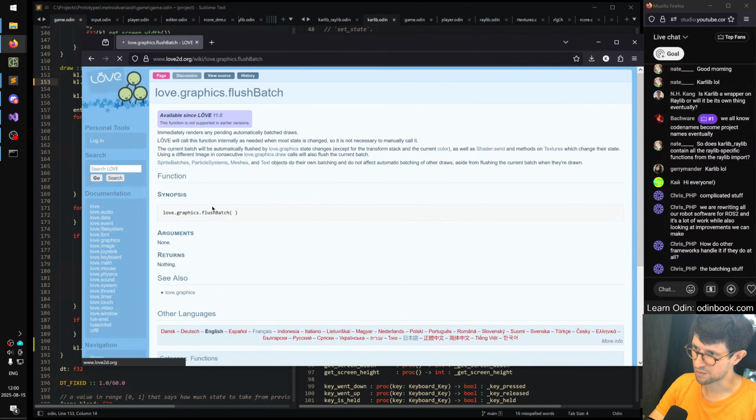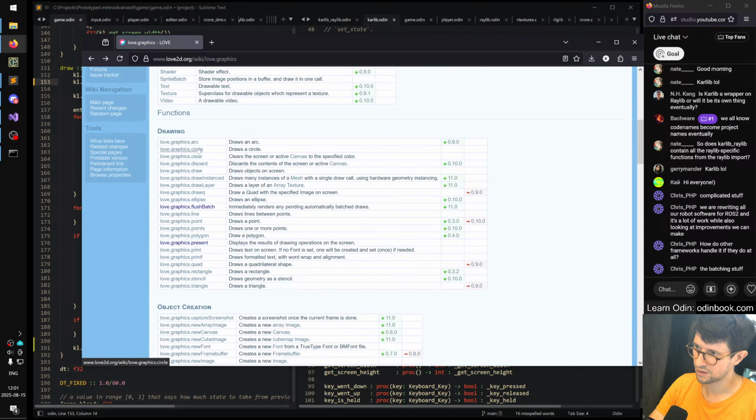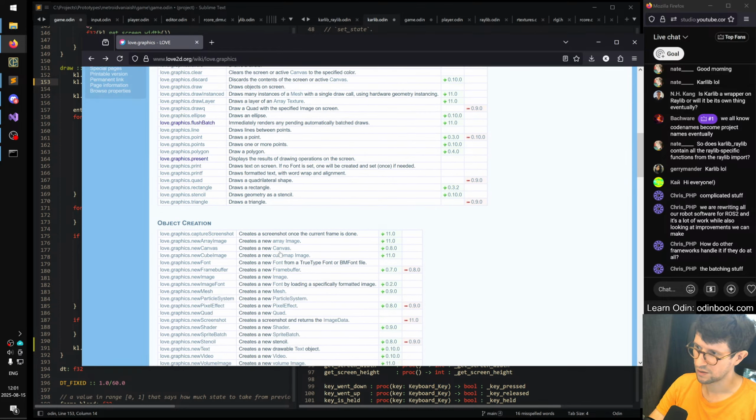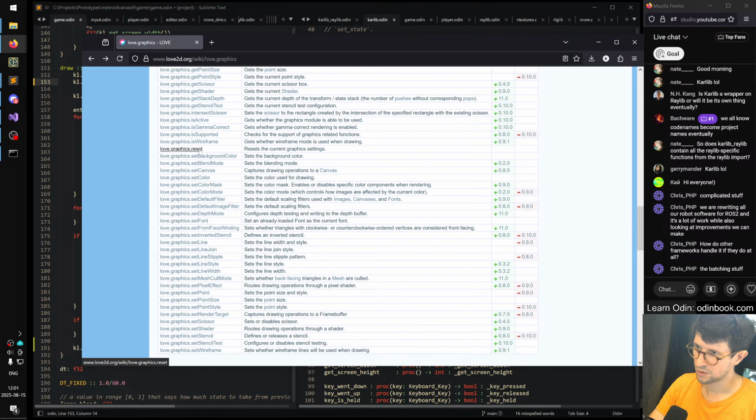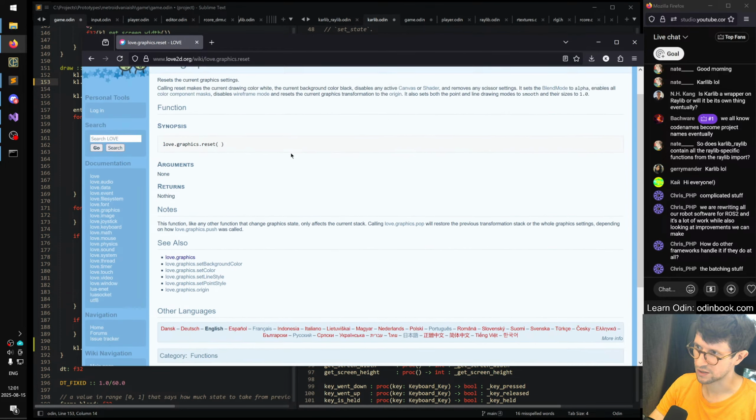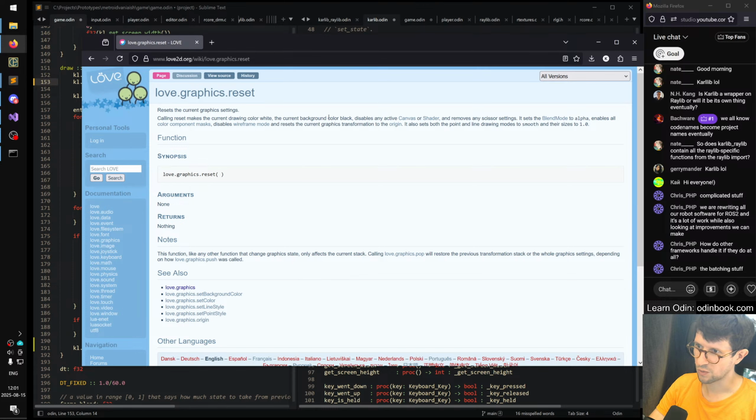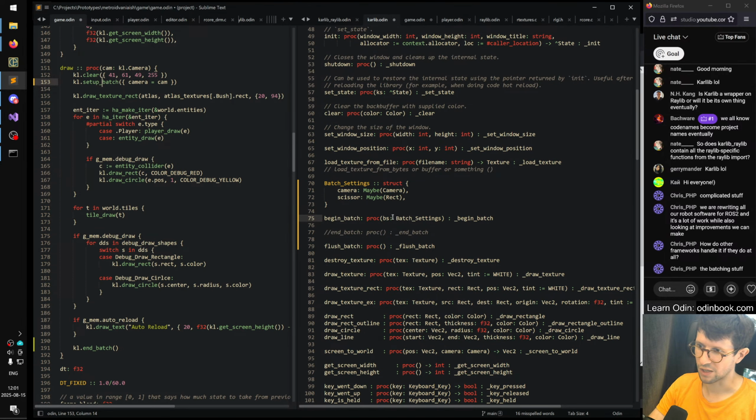Love 2D has a flush batch. And let's see here. What does it do? Yes, it's always good to reset the current graphics settings. Drawing color white, the background color black, disables any active canvas shader. So I was thinking of having a reset, and then you can provide the settings, or reset batch,